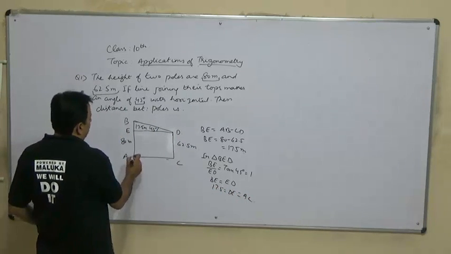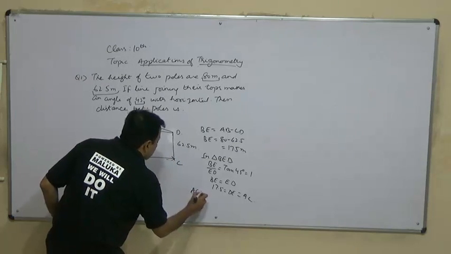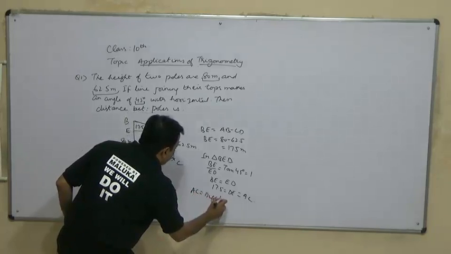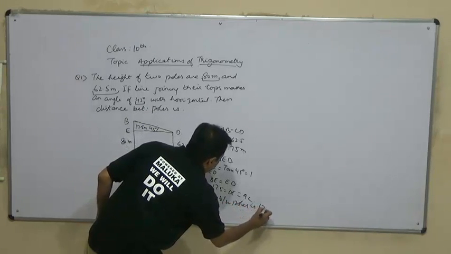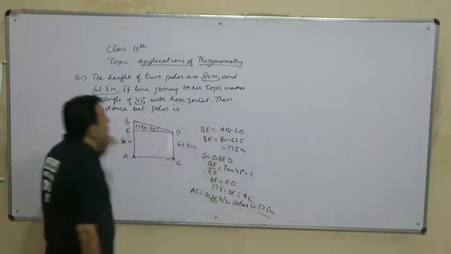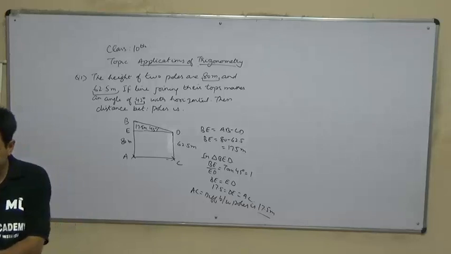We want to find the distance between the two poles, so AC, the distance between the poles, is 17.5 meter. Then the second question in this is,